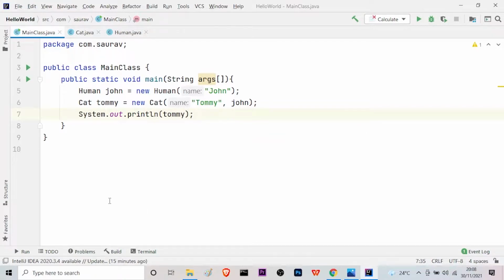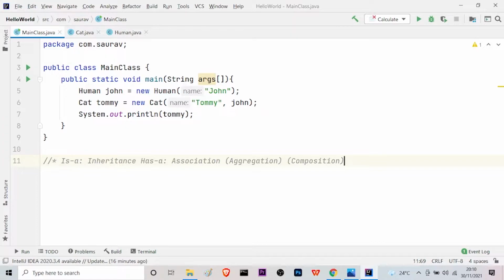The two relationships are, let me just comment out and give it to you. The first one is "is a", and the other one is "has a". As we know, the is a relationship is applicable in inheritance, and the has a relationship is applicable in association. In association, there are two types. In our earlier tutorial, we learned about aggregation. And in today's tutorial, we will be learning about the other type of association, which is composition.